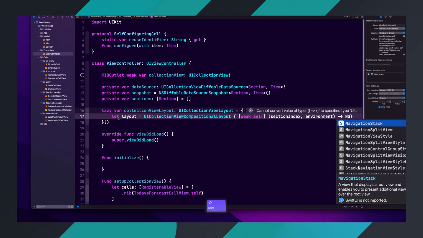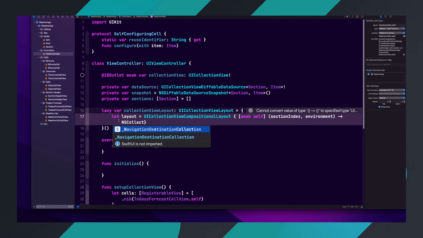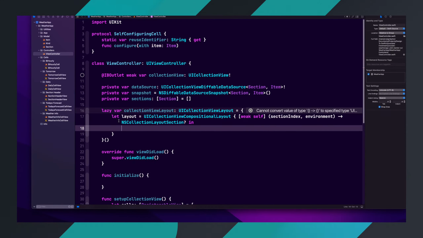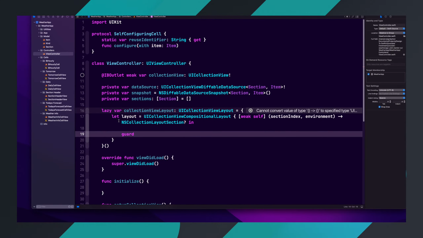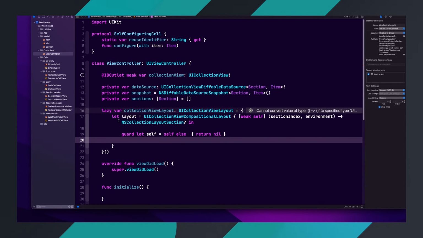There. And this is going to be NSCollectionLayoutSection, and it's going to be an optional in return. From here, we're going to do a guard, and this is going to equal to self else, and we'll return a nil. This is just boilerplate code that we're doing now, so nothing really anything that is data source dot